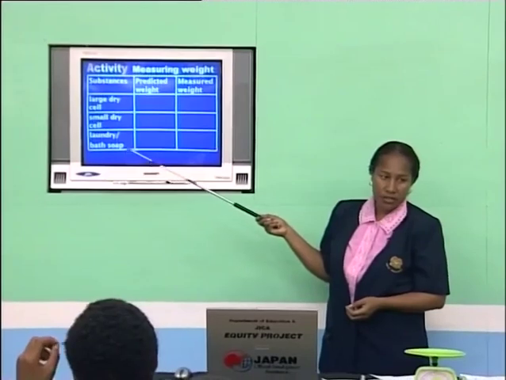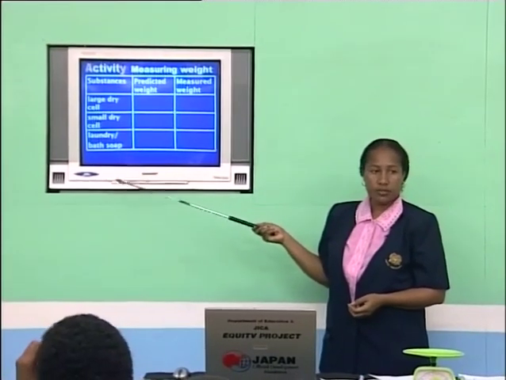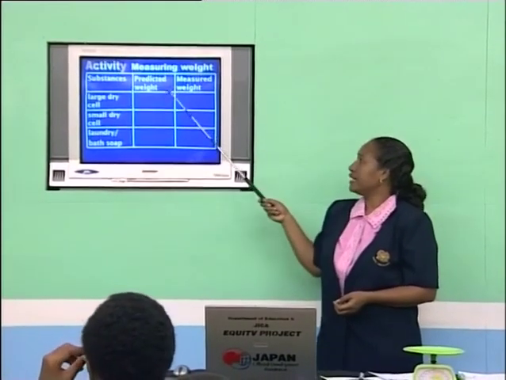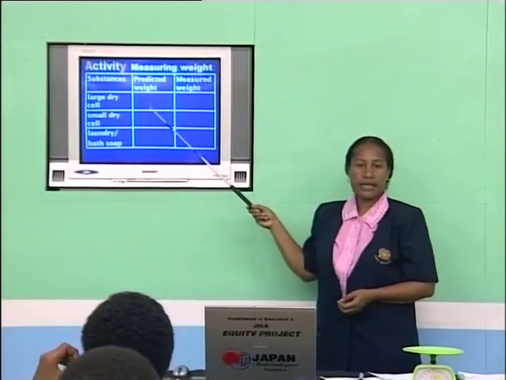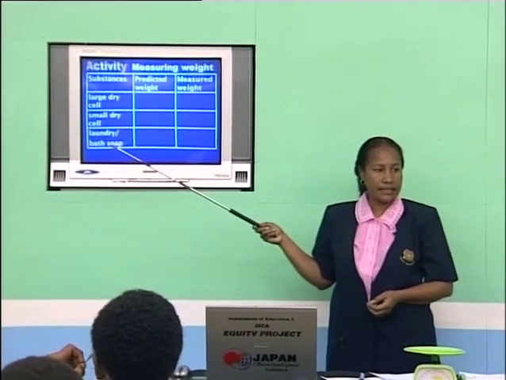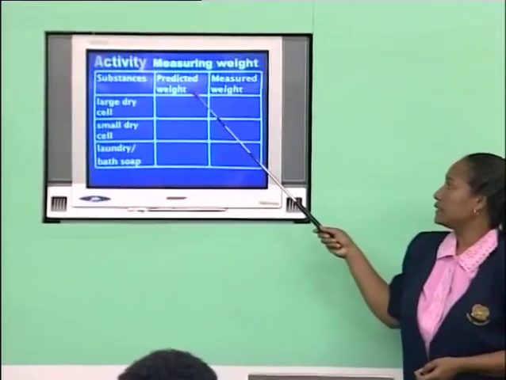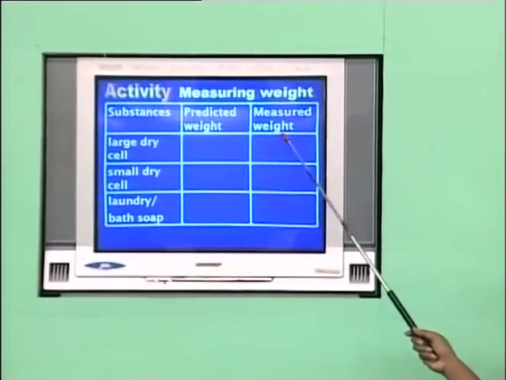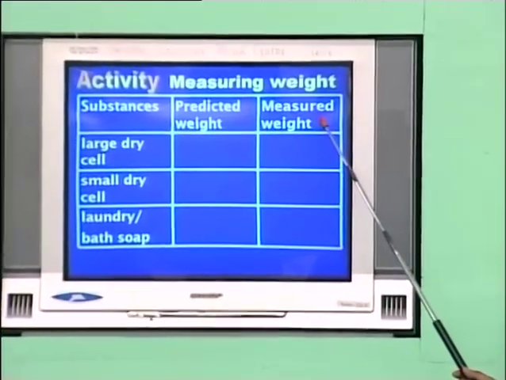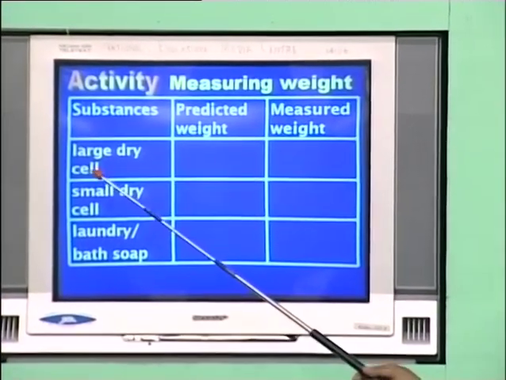However, we have changed to use a word that is suitable in science, predicted weight. Another word for predicted is guess. You guess, and the third column is the measured weight of each of these